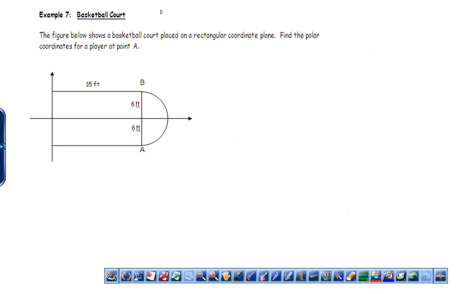Example 7 is a basketball court. The figure below shows a basketball court placed on a rectangular coordinate plane. Find a polar coordinate for the player at point A. For this one, it's in quadrant 4. This would be 15, and this would be -6. So you need to do Pythagorean to find your r value. And this r value I found to be about 16.155. To find your angle, we're going to do arctan. So theta is equal to arctan of